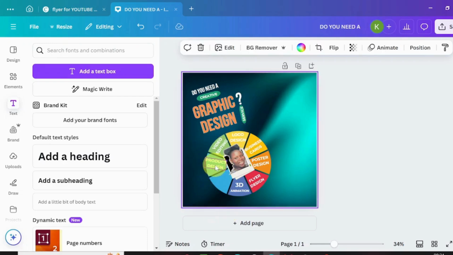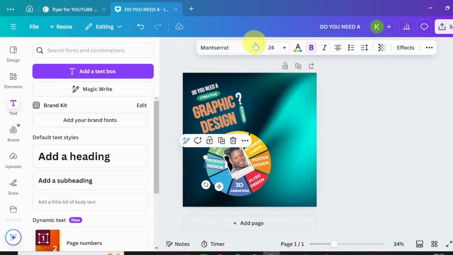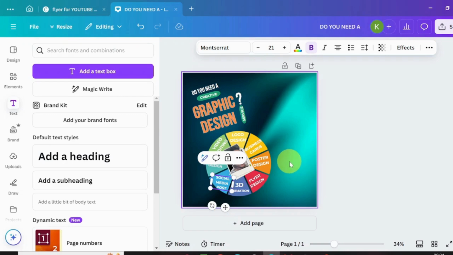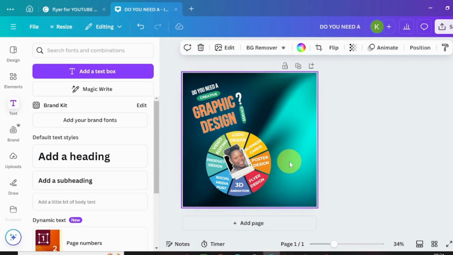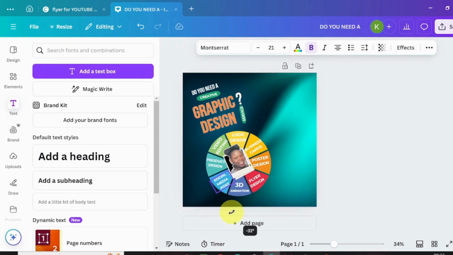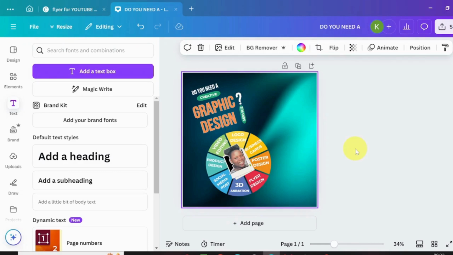Then the next thing is reduce the size of this, then duplicate it, and I'm going to put in social media post. So once that is done, let's have it this way, which is better. So once this is done,